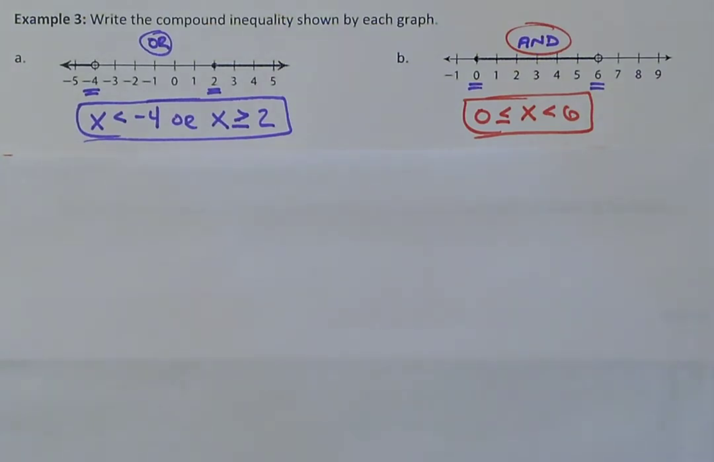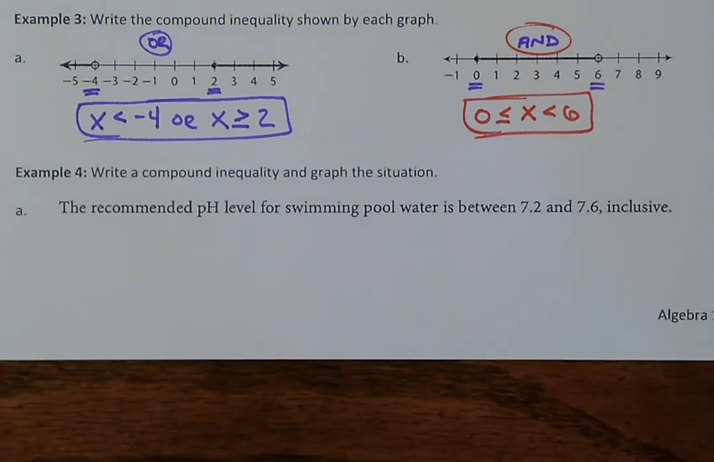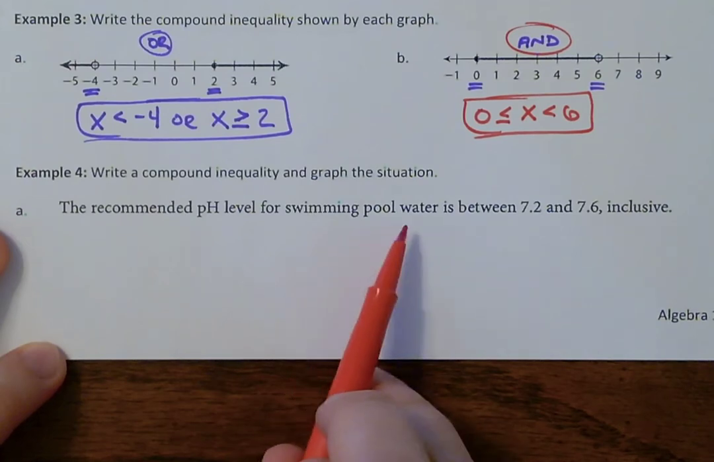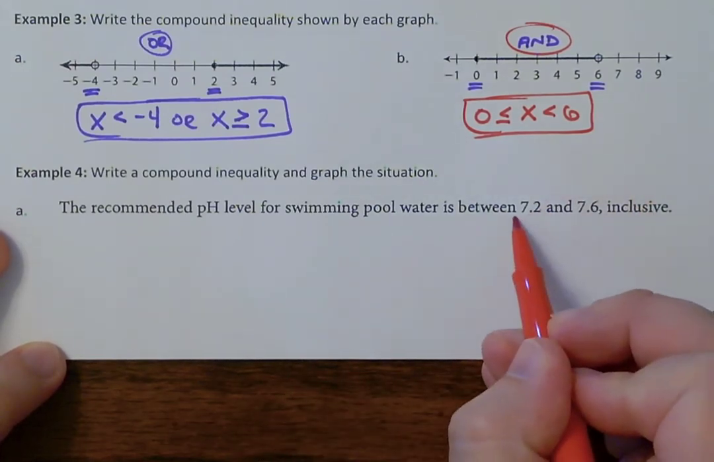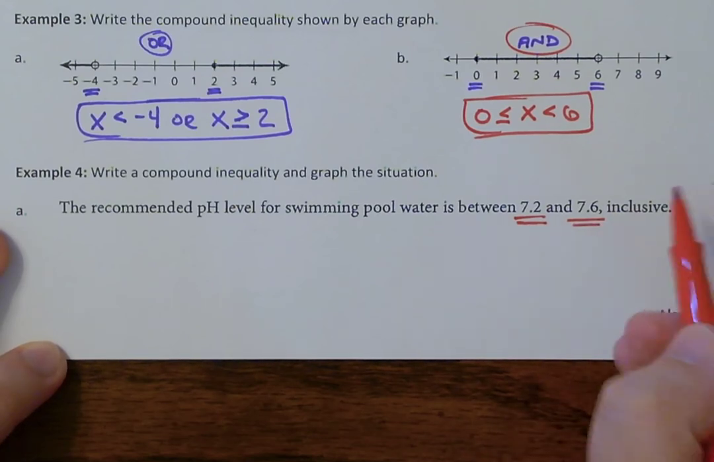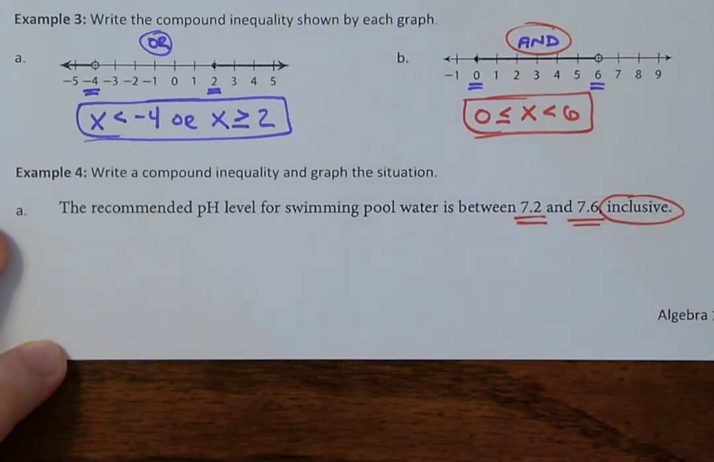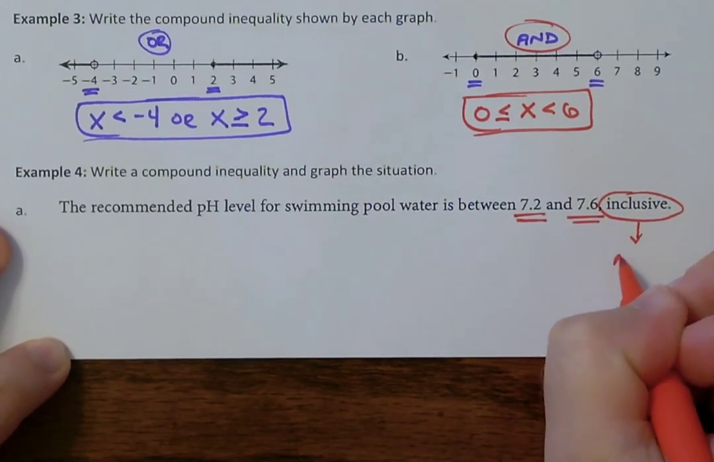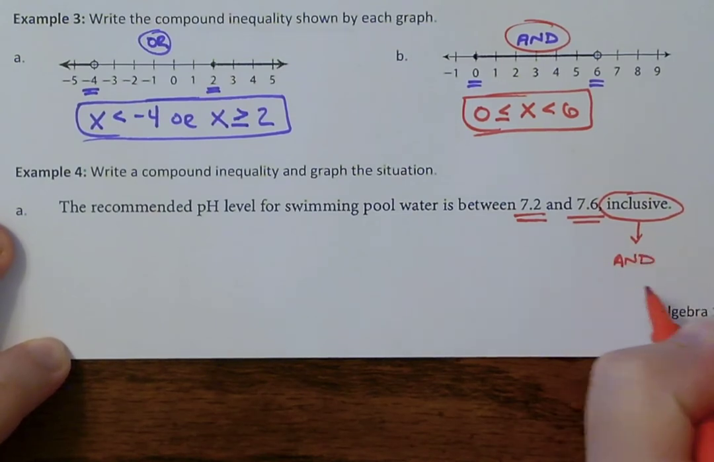All right, one last problem, and then I promise I am done for section 2.5. Example 4 is going to ask us to write a compound inequality and graph the situation. I'm not going to worry about graphing. You should feel fairly comfortable with it by now. But our problem talks about the recommended pH level for a swimming pool water is between 7.2 and 7.6 inclusive. Because of this word inclusive, the word inclusive is going to imply an AND statement,